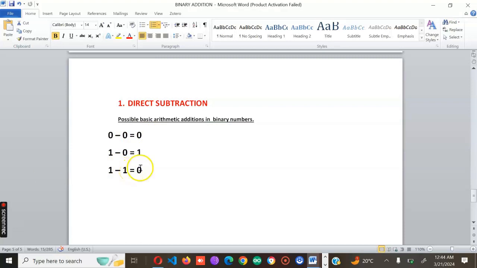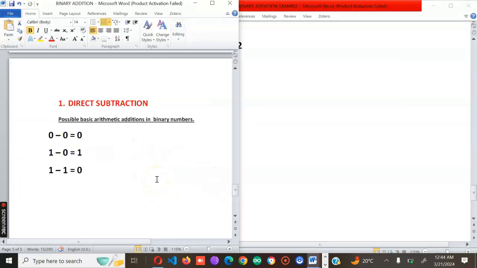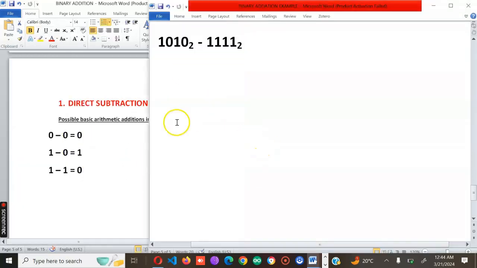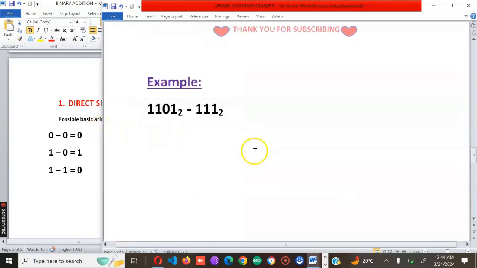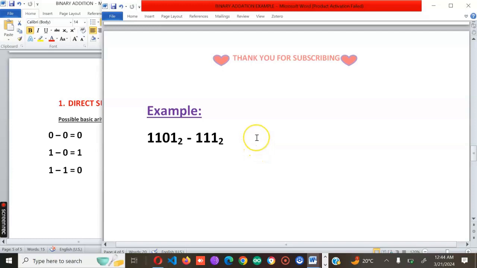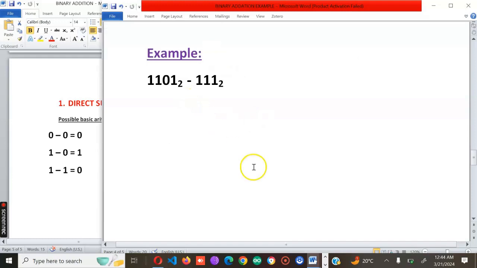Okay, let's go now to our examples, because examples will make my work easy as well as serious. So the first example, we have 1101 and 111. Step number 1, you need to ensure that both sides have an equal number of bits. Therefore, what I will have